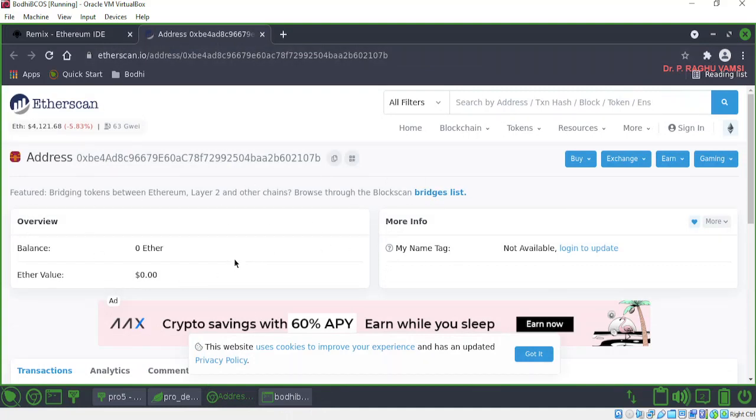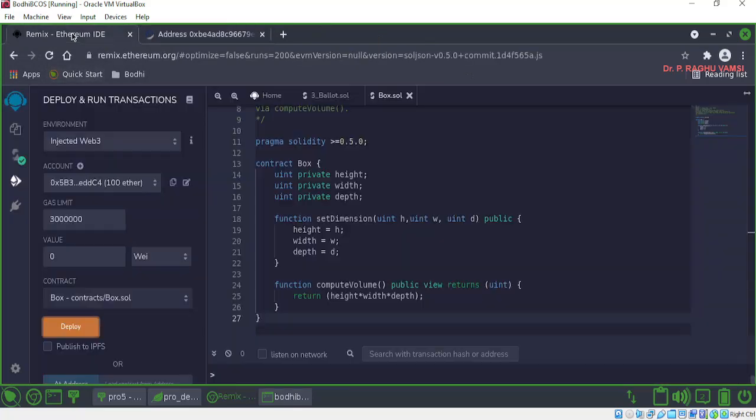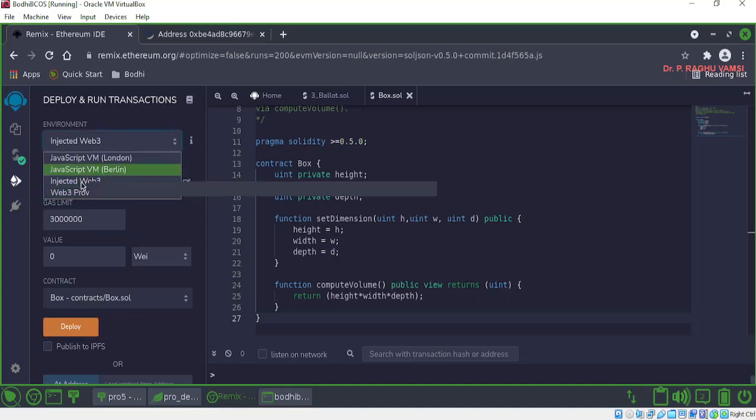Whatever transactions were generated can also be viewed on the Etherscan website whenever we connect with any test networks. So this is the way we can use the environment of Web3 provider, injected Web3 and other things.